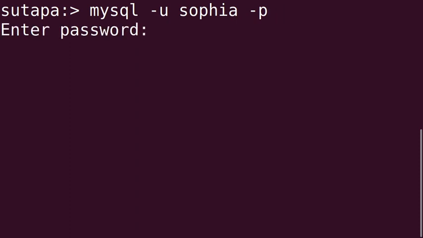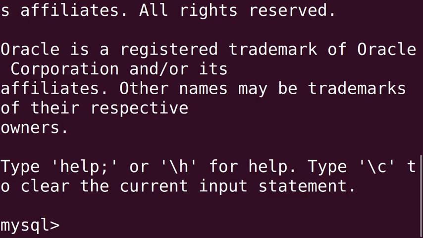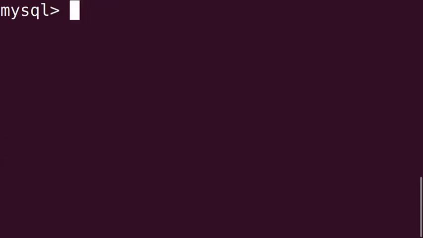Press enter, then enter your password. Now let's clear the screen by Ctrl L. We got our MySQL prompt.